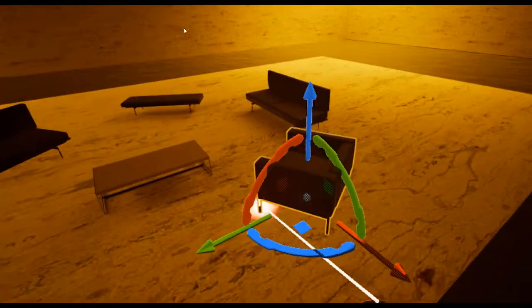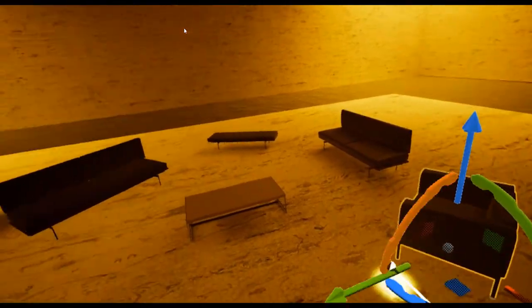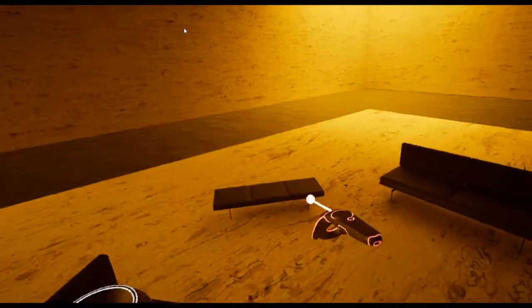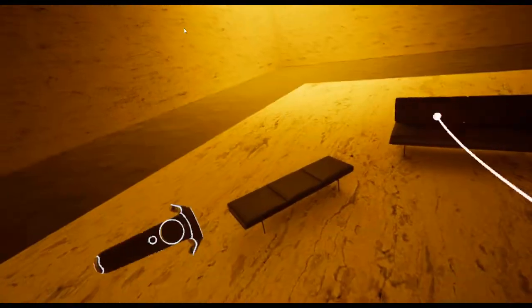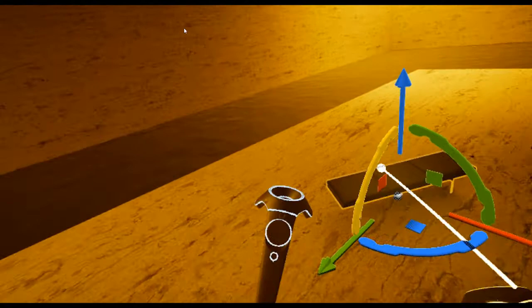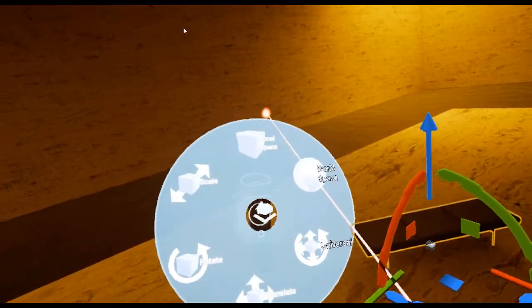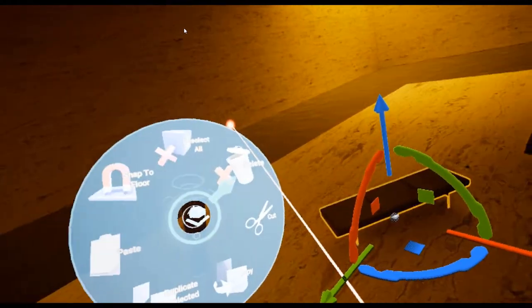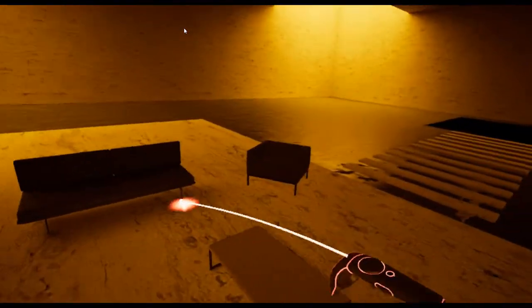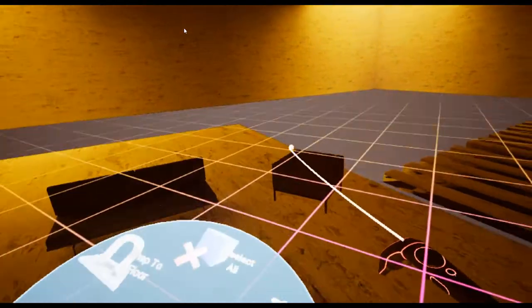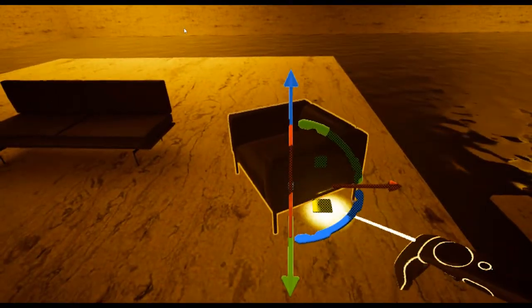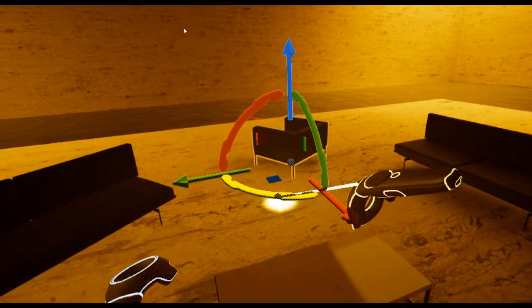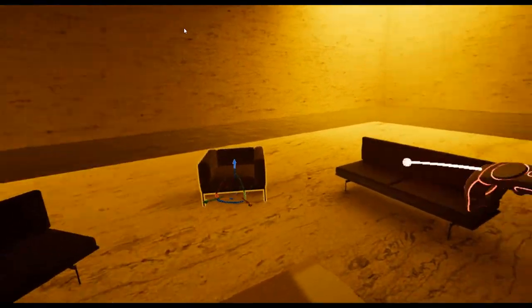Okay, and so I can place it over there, or maybe I'll move over there, and I would like to maybe go back to the edit mode and delete this bench and put this armchair instead. So you see the light's been baked, so I'm not giving myself a big favor, but